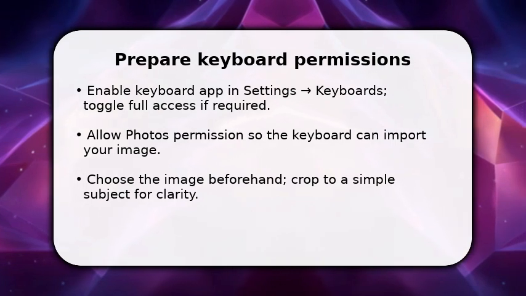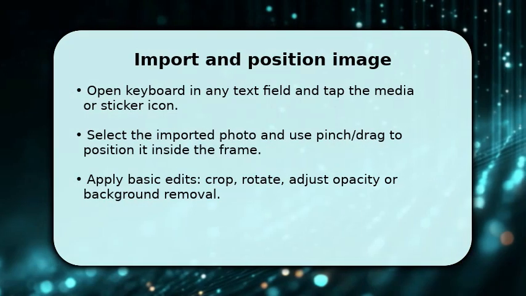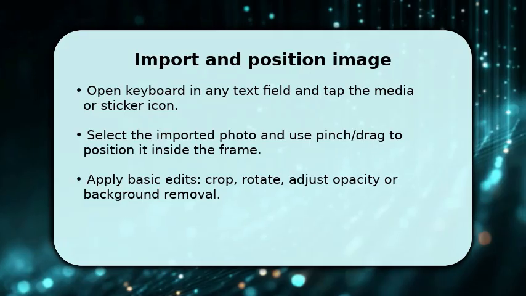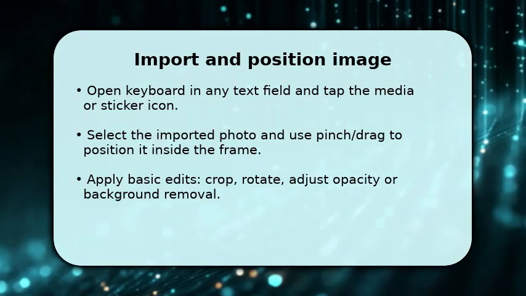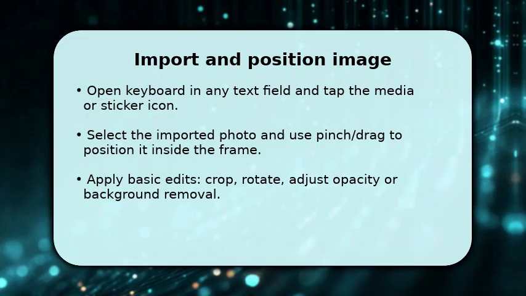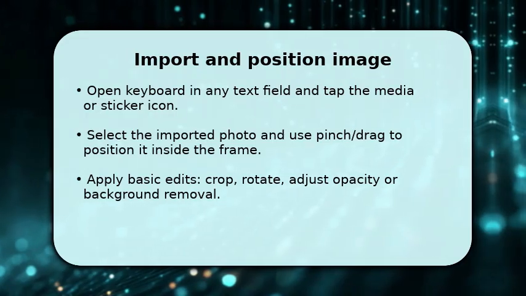Open any app with a text field and switch to your custom keyboard. Tap the media, sticker, or GIF icon to access photos. Choose the image you prepared, then pinch to zoom and drag to position the subject where you want it to